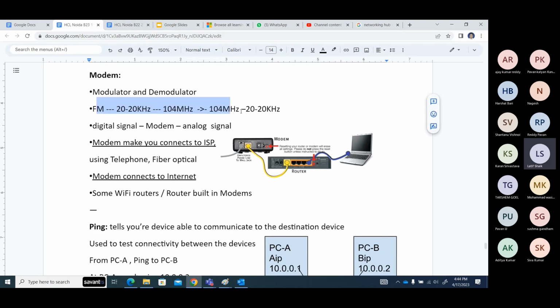Just for an example only, I'm giving modulator and demodulator, guys. Our LAN signal is a digital form of signal. We cannot pass these signals over long distances, since you have to send up to the ISP, and from the ISP to outside. Your signals cannot carry that much distance. So we need a modem. A modem converts your digital form into analog form. So using telephone cables or fiber optic cables, we can send our signals, our data,